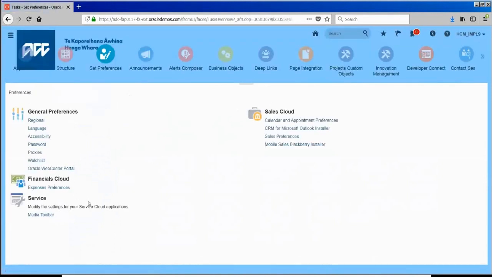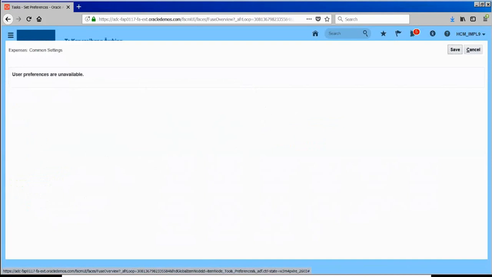So this is what I was saying. All these things are specific to the user level. Personalization at the user level, basically, right? And same thing, expenses preferences at financial cloud level. So how do they want to change the expenses preferences? No preferences are available here. Nothing is created at the global level. So all these things are specific to the user level. These are called user level personalizations, basically. Okay. So now,